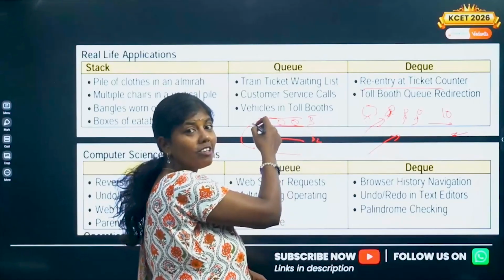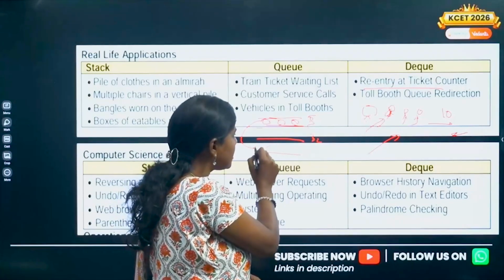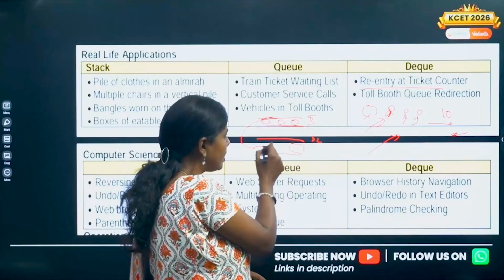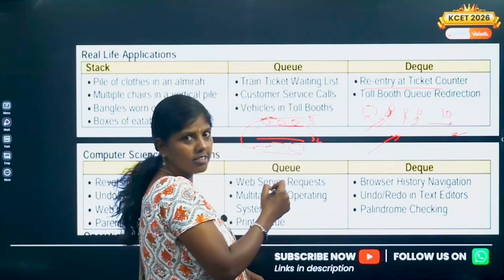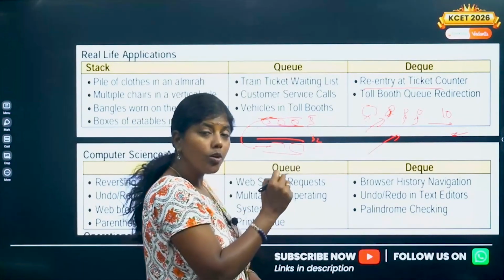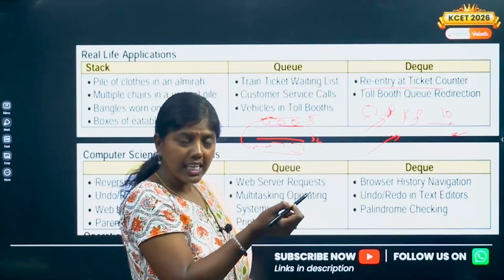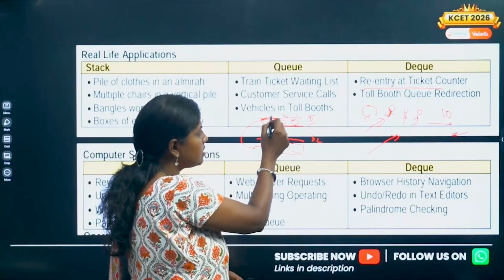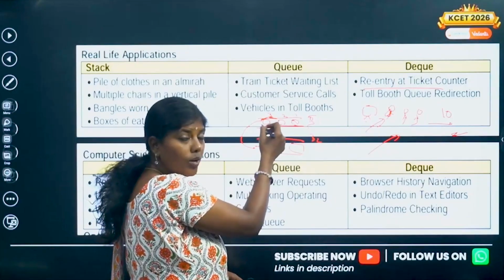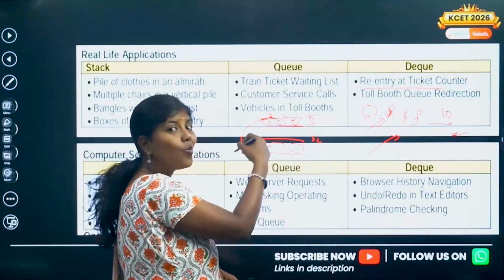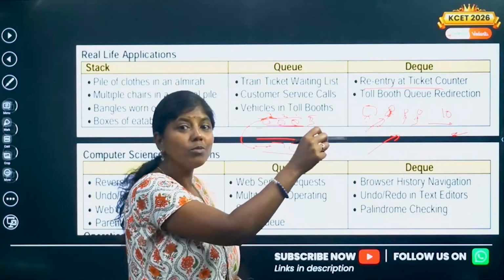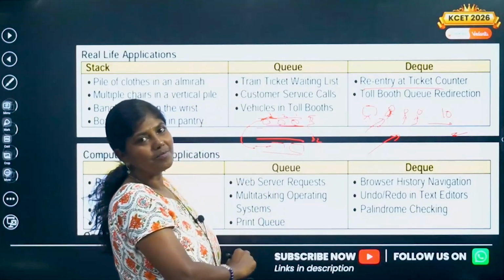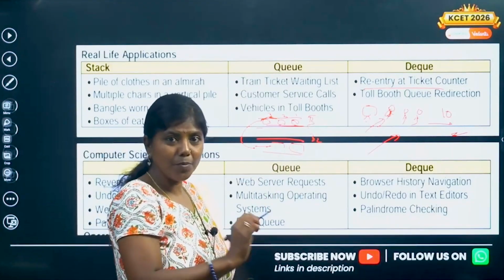And of course, insertion is taking place from the rear end only. So here this is the first car, this is the second car, and this is the third. But now we are deleting from the rear end only. Usually deletion takes place from the front. Here deletion is taking place from the rear end. Take note of the point here.